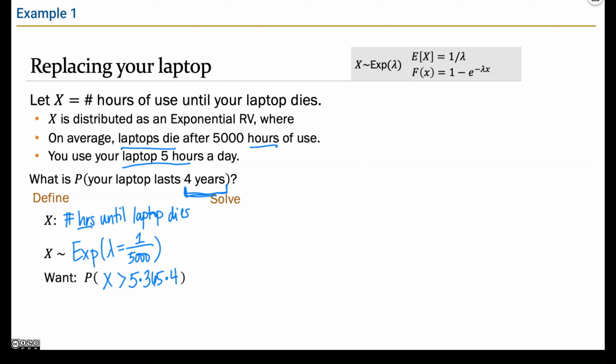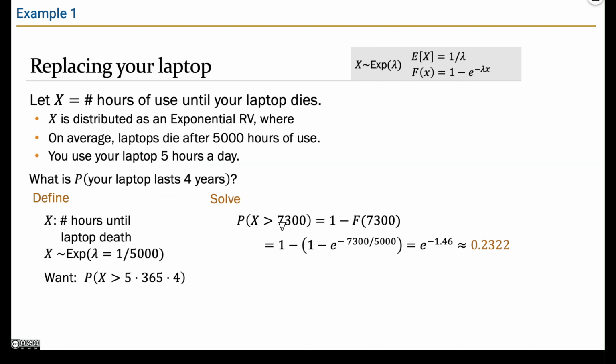And that will give me the number of hours that I would need my laptop to last, so I know that it lasts at least 4 years. All right, so that's actually what I want, and when I go do that, that's really saying the probability x is greater than 7,300. I can do 1 minus the CDF of 7,300, and that gets me a probability of